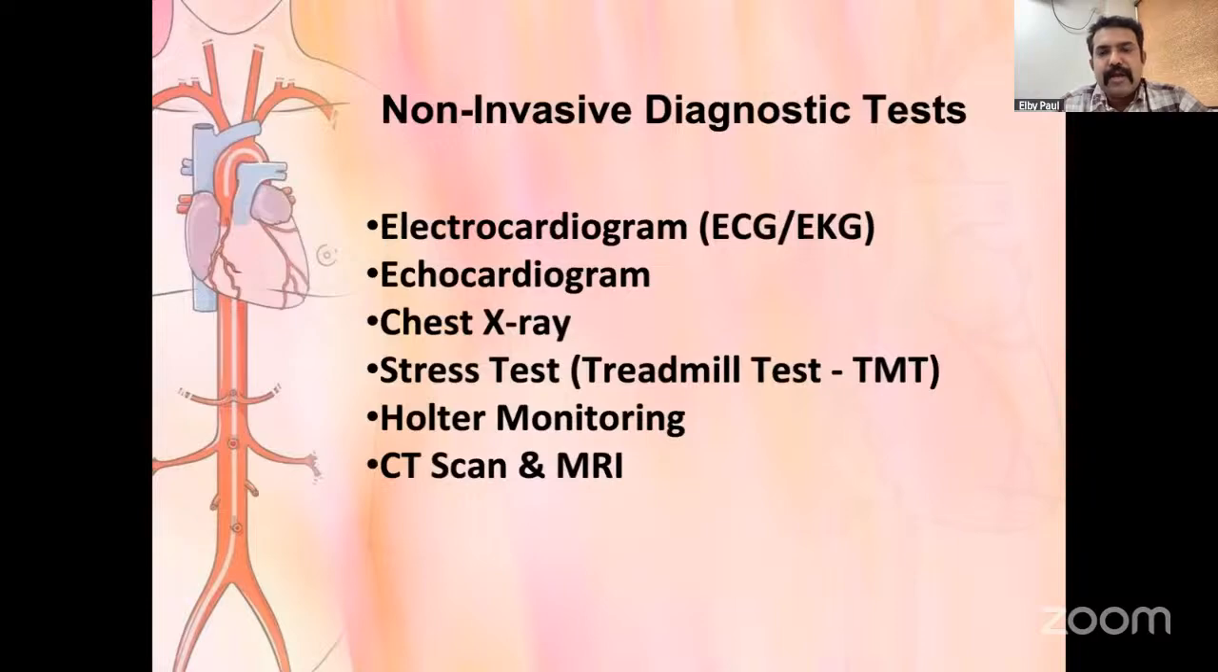Okay. It can be divided into 2 types. One is non-invasive diagnostic test and the other is invasive diagnostic test. Okay, we can discuss what is non-invasive. First is ECG. Second is echocardiogram. Third is chest X-ray. And fourth one is stress test, yeah, TMT. Fifth one is Holter monitoring, and sixth is CT scan and MRI. These are the non-invasive diagnostic tests for